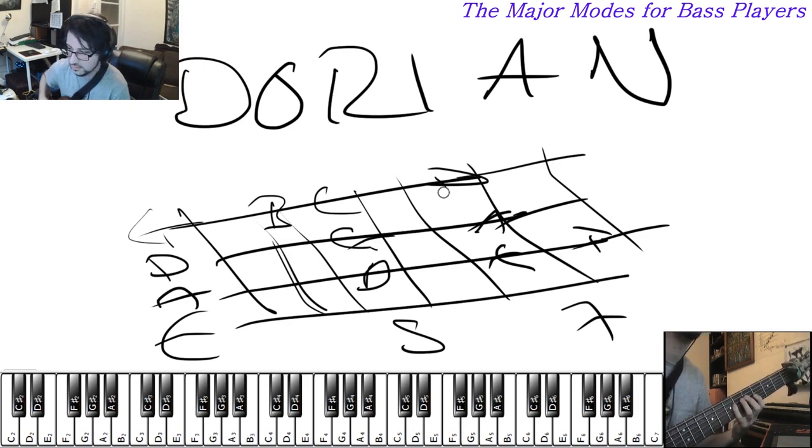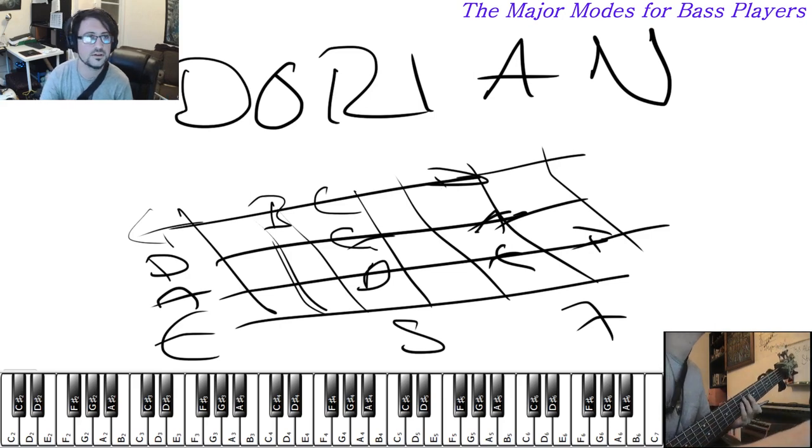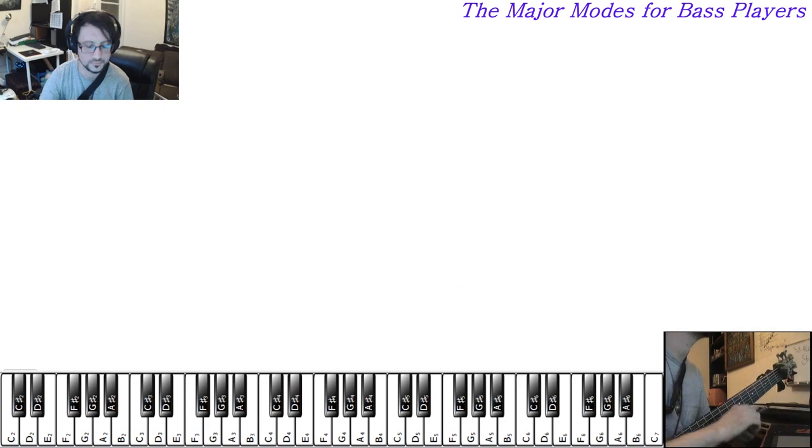You can also use Mixolydian, which is where you get that phrase from, but say you're playing a funk bass line, you can use Dorian as well. That kind of thing. So that's Dorian, which is the second mode